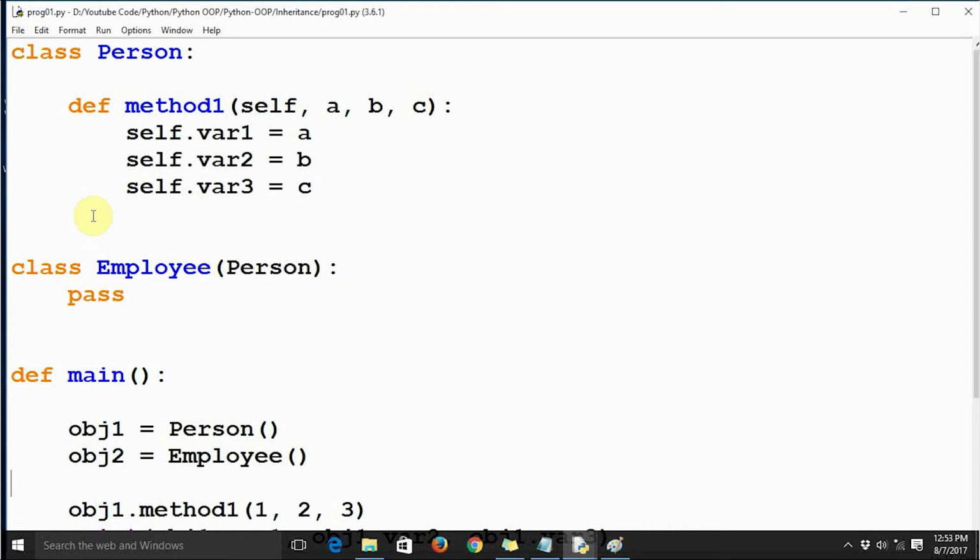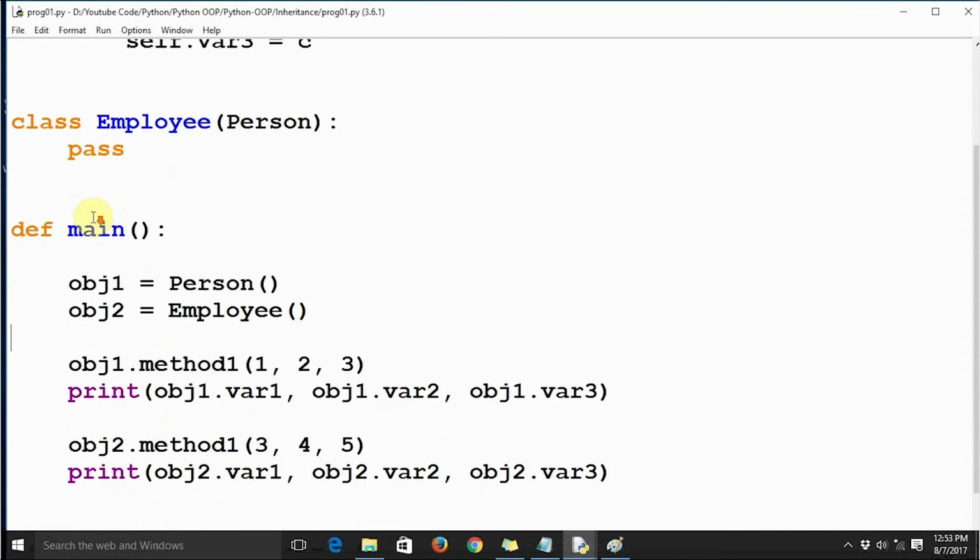All these physical features or attributes of a father are inherited by a son. The same way we have the concept of inheritance here in object-oriented programming languages. So this is a very simple example of inheritance.